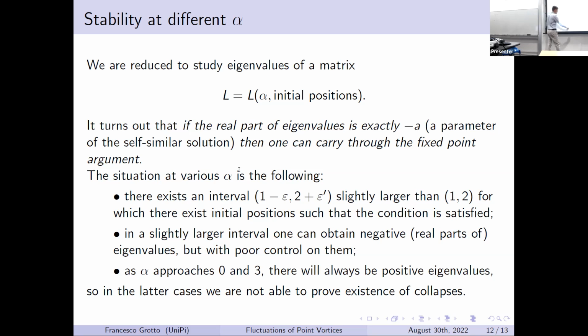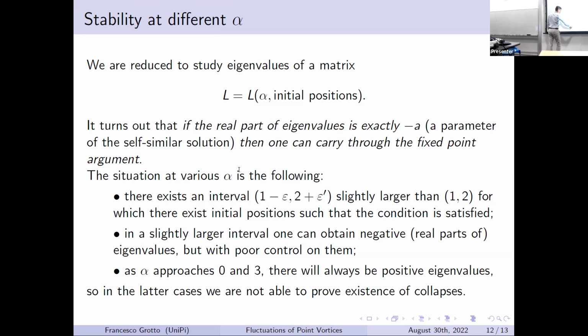Going close to 0 or 3, everything is spoiled. So eigenvalues start to have positive real part, and you can do nothing, which is rather peculiar, I guess, because going close to 0, what happens is that the interaction becomes more and more singular. So here instability might be expected, right? So you expect the system to be more and more unstable